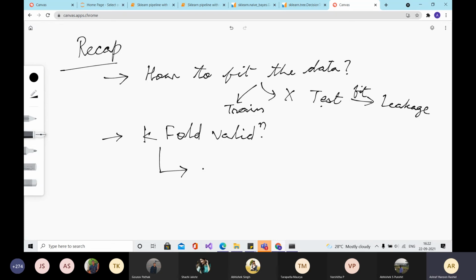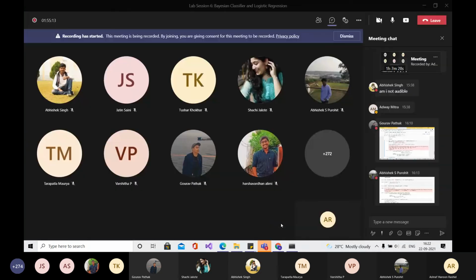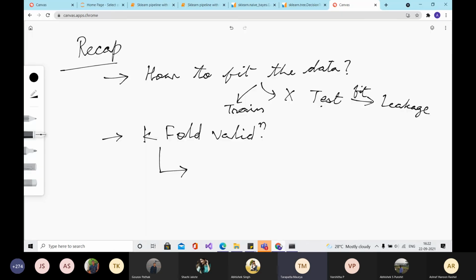And from k-fold cross validation, where did we go? Stratified k-fold. Yeah, that is just other variants of k-fold like stratified k-fold. That comes within the k-fold cross validation itself.